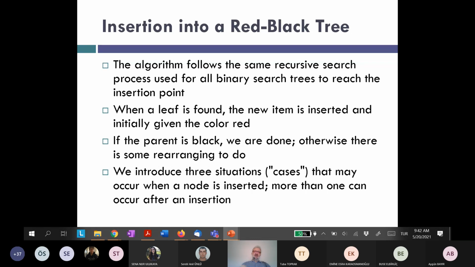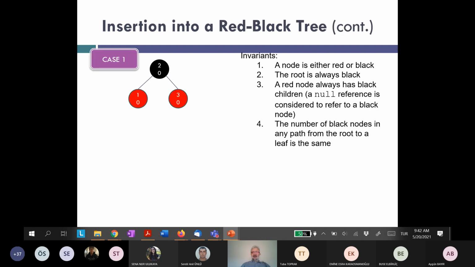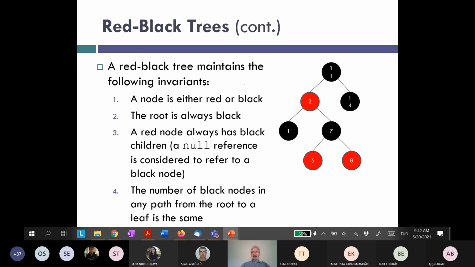So for the insert operation, first of all, we have to remember that in both binary search tree and AVL tree, we perform something like a search operation, and then we make sure that the item is not available. For example, if we have to insert 9, 9 is greater than 11, so we insert